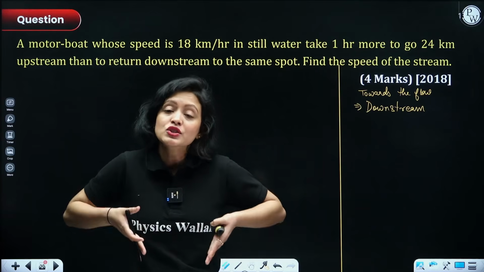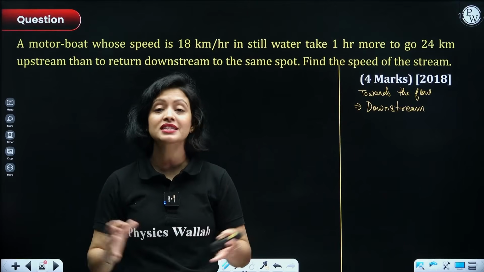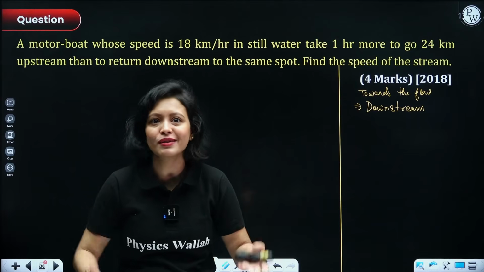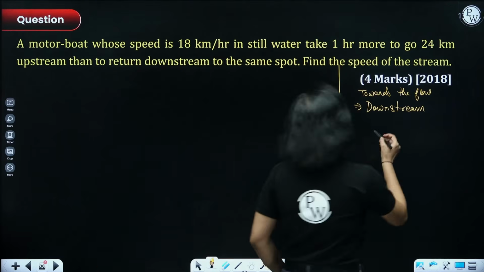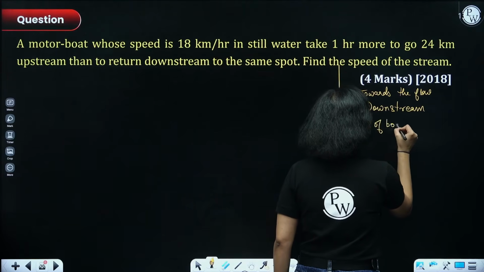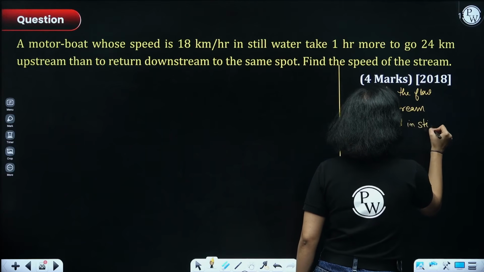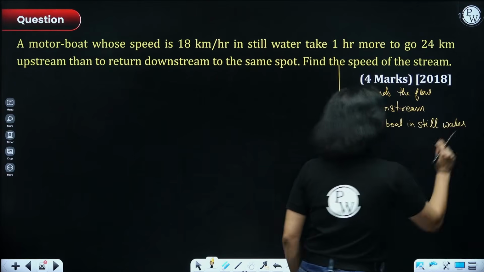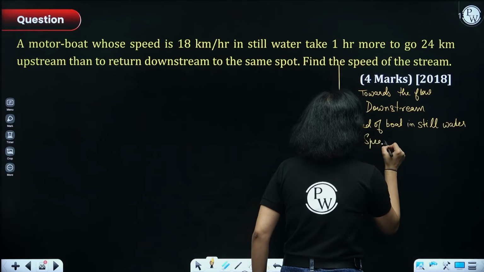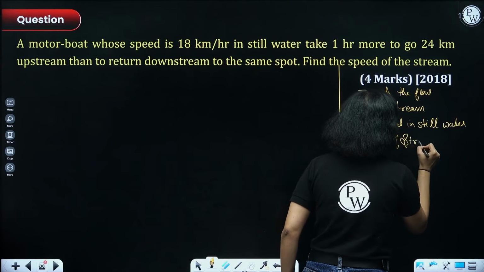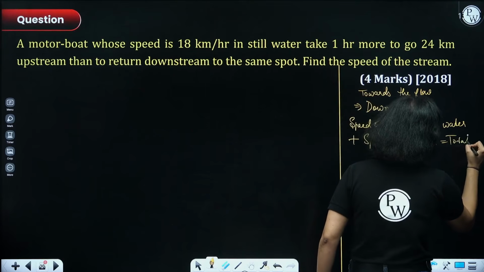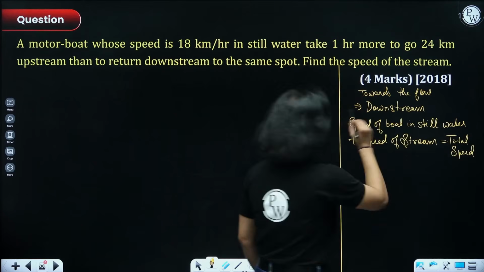Now, when the boat is going in the direction of stream only, then both the speeds get added up and the boat moves faster, right? Why does the boat move faster? Because both the speeds are getting added up, right? So, in downstream, what happens? Speed of boat in still water, okay, this is what we call the speed of boat originally, that is speed of boat in still water, will get added with the speed of stream, and it will give you the total speed. The total speed of the boat would be this. Okay, this happens for downstream, everyone.